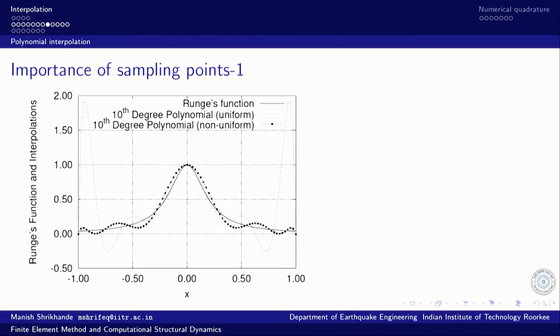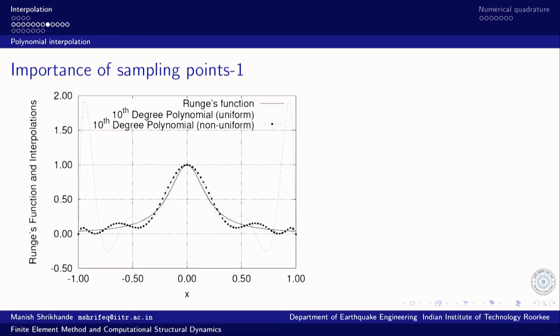And you may like to look at this particular thing. This is called a Runge function, which is a rational function. It is a function which is a ratio of a constant term divided by some polynomial term in the denominator, so that it peaks and then decays as the denominator increases.